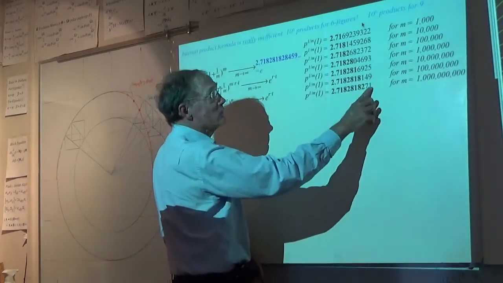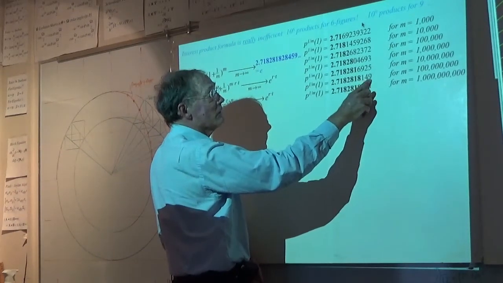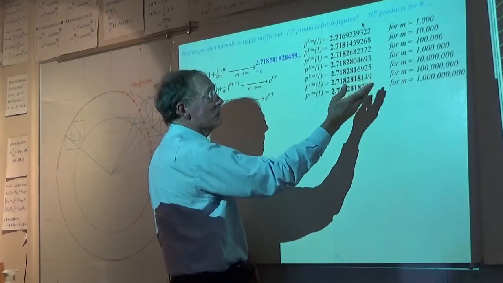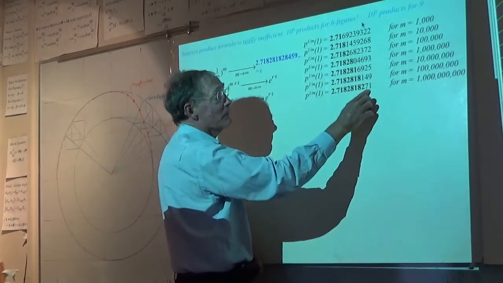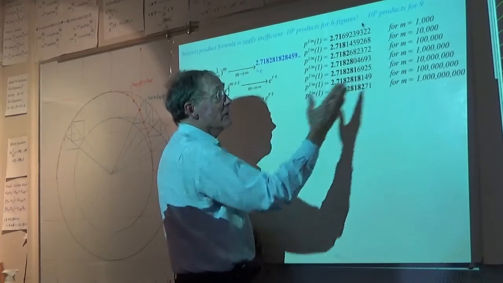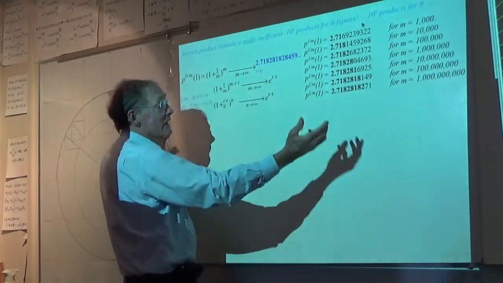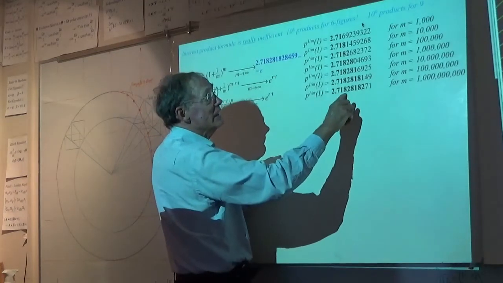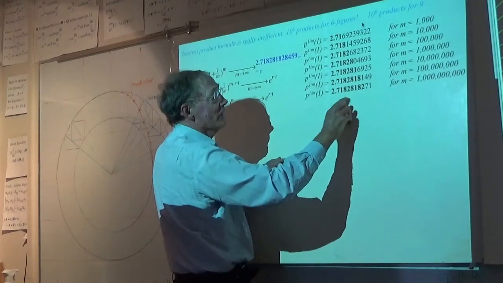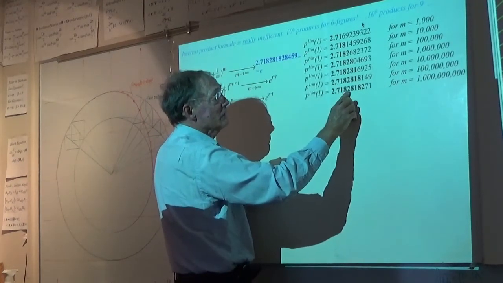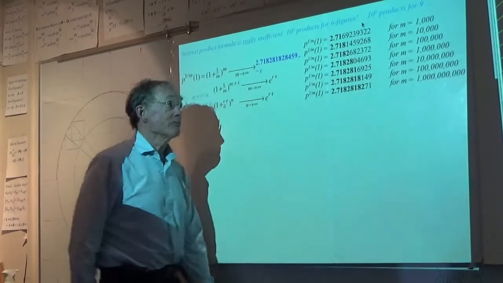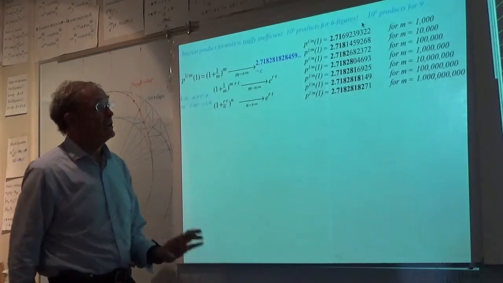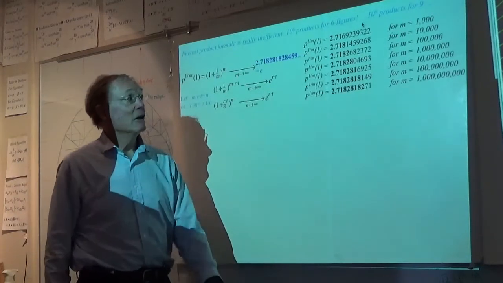This 7.1 here is wrong. This 149 is not correct. I need to go to 10 billion or perhaps 100 billion products, you see, in order to get E to a precision that it would be 1, 2, 3, 4, 5, 6, 7, 8, 9, 10 decimals. If I want 10 decimal precision, I need to go 100 billion.